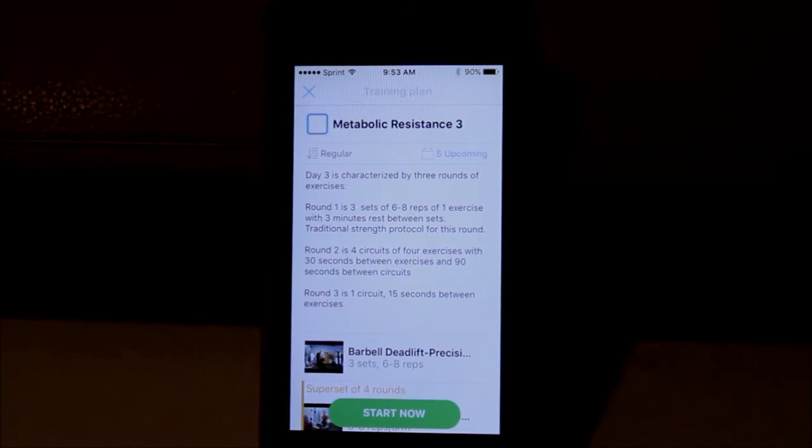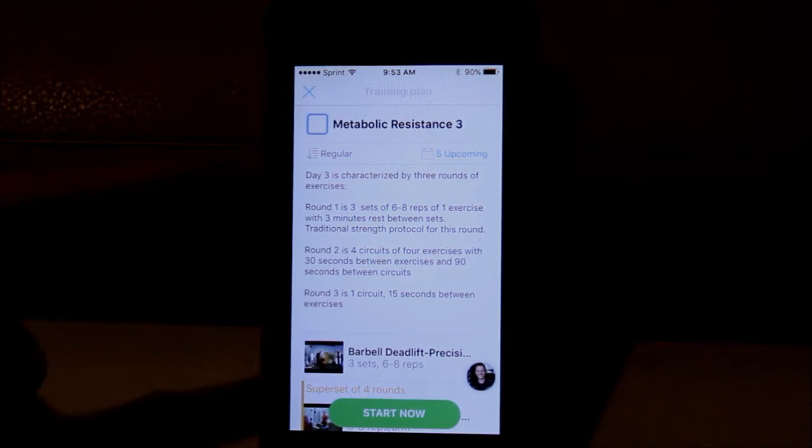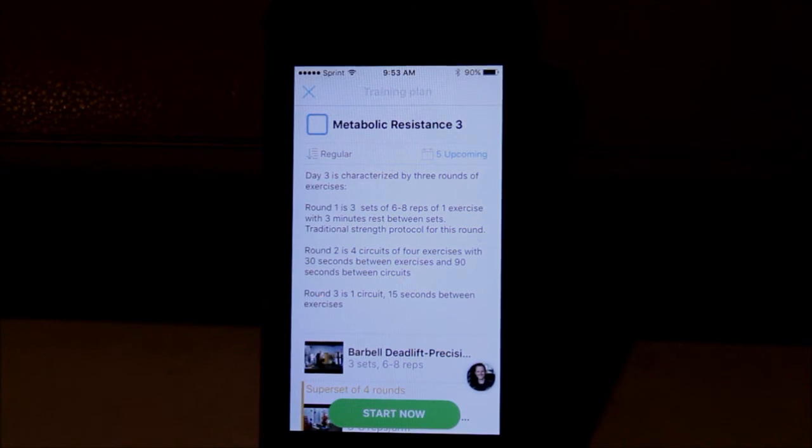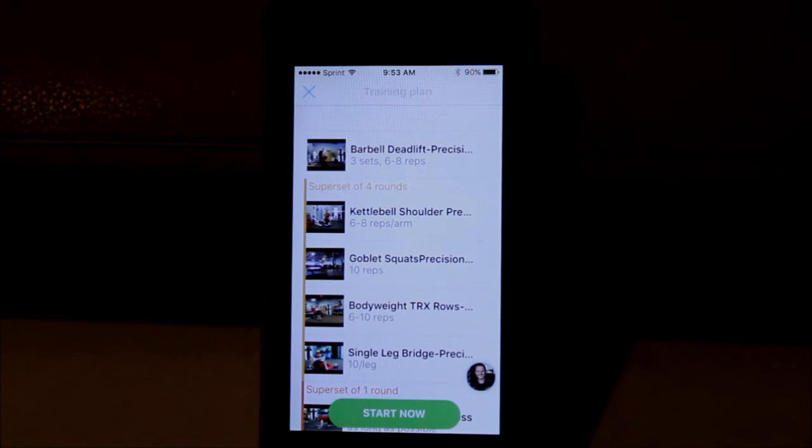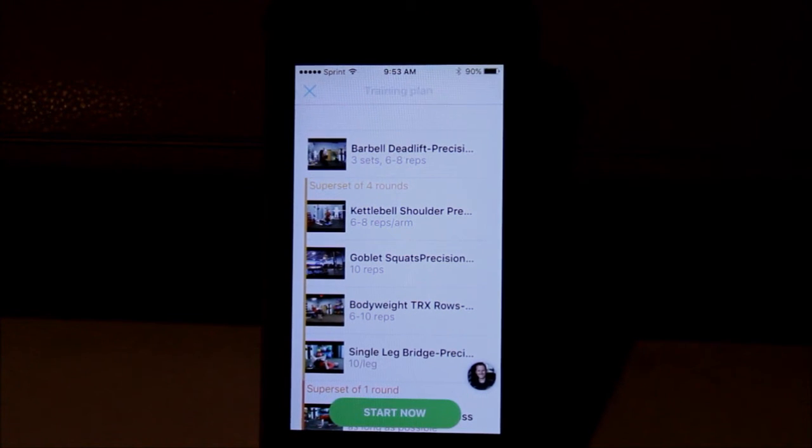the actual workouts themselves. Okay, so I clicked Metabolic Resistance 3. This one pops up, giving you directions for how the workout works, and then you've got what the actual exercises are. When you actually start going into the workout itself, if you have any questions or you're not sure about how to do the workout,